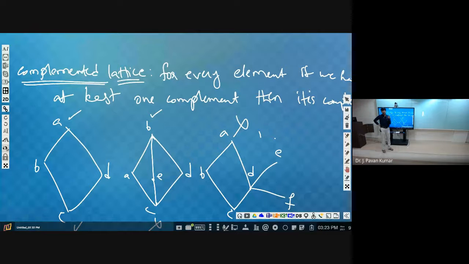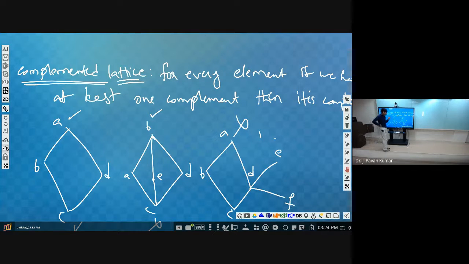One relation is defined, then options will be given: A is a Boolean algebra, B is a distributive lattice, C is a complemented lattice, D is a poset. Then you can check, first of all, whether it satisfies lattice properties or not. If it satisfies, then automatically it is a poset. Then you can think of whether you have complements or not. Based upon that, you can decide whether it is distributive, complemented or a Boolean algebra. These kinds of questions will be asked in GATE.